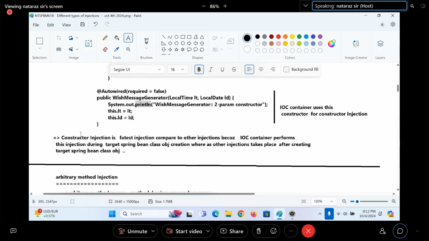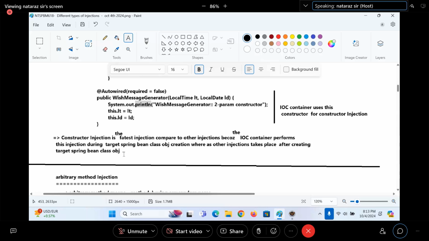Super. Constructor injection is the fastest injection compared to other injections because the IOC container performs this injection during Spring Bean class object creation, whereas other injections take place after creating the Spring Bean class object.